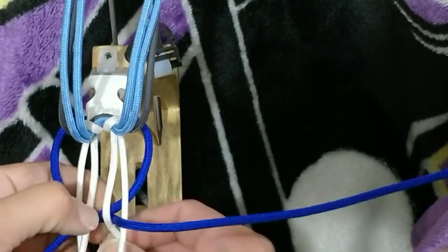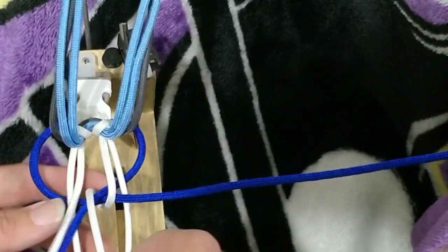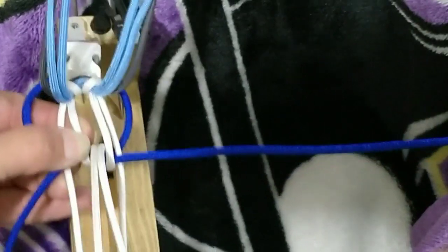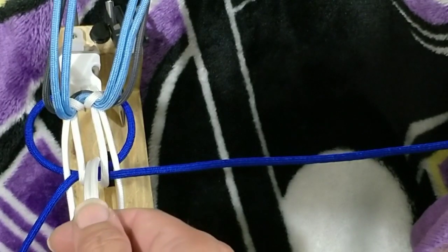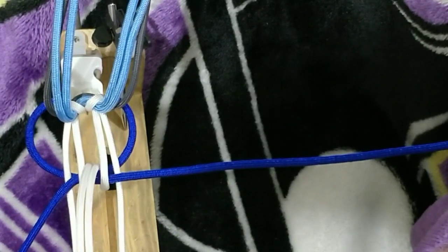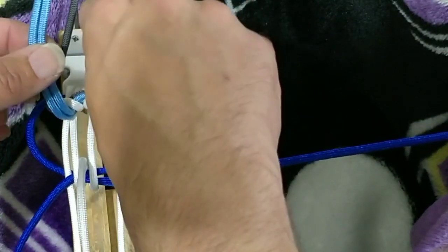For the center weave, I believe they call it a chain link or chain mail endless falls, which the first part of the weave is you go down through the center, up to the inside of itself and back down. Then the second part is going to be on either side. We're going to do these Tarheel blues,